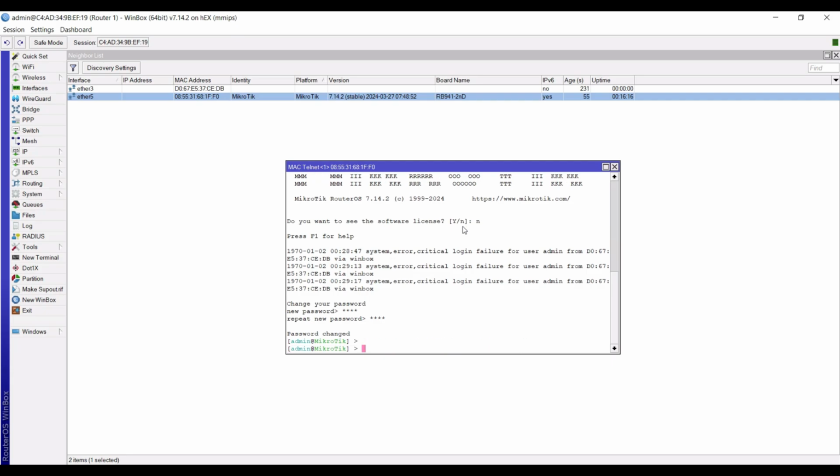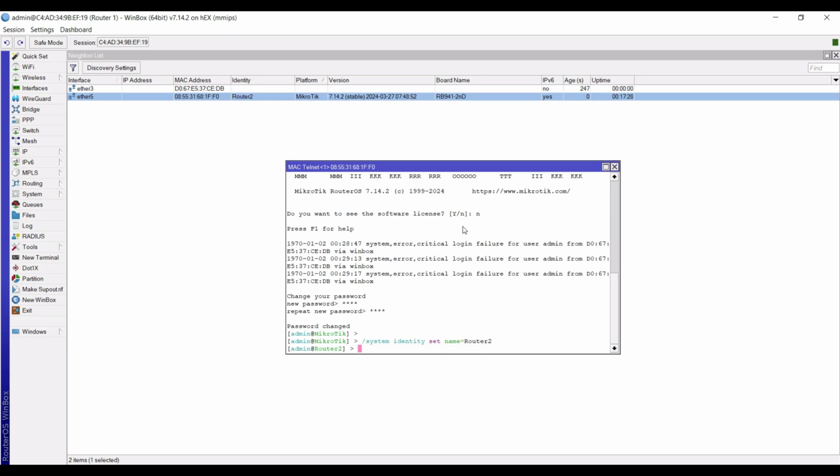We will also set the identity of this router. I will name this router 2. Type this command: system identity set name=router2. We are now done here in router 2. Let's close this Winbox session.